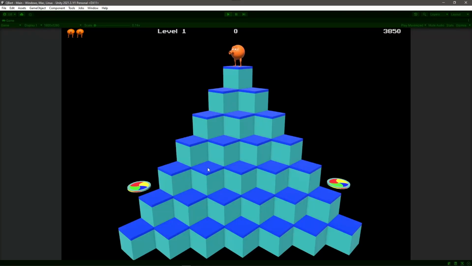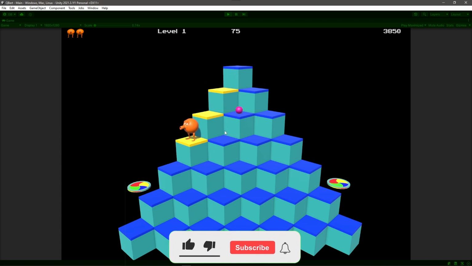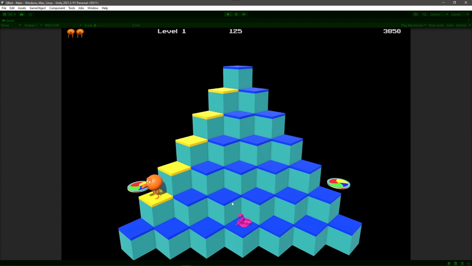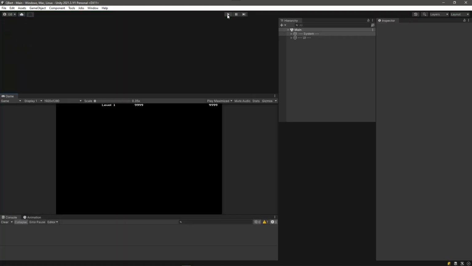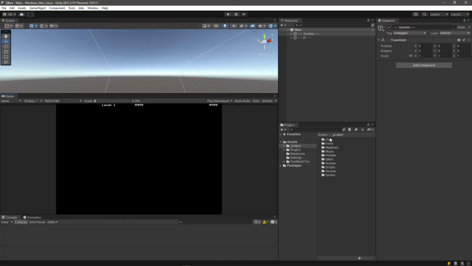In our previous video, we got much of the gameplay working. We added transport disk and we added Coily the snake. When he gets to the bottom, he transforms into the snake and he chases after the player. But there is a bug. When Q Bert jumps on this transport disk, Coily should jump off the edge. Instead, he followed me all the way up to the top. He will jump off the edge if I get on this transport disk. So the problem is probably in the Coily code